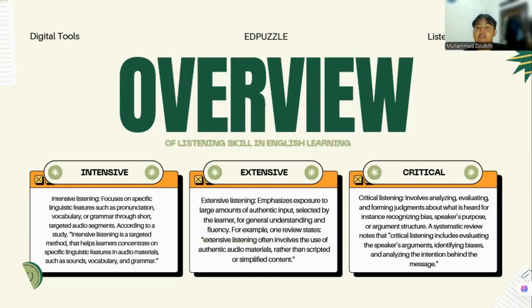Also, a systematic review notes that critical listening includes evaluating the speaker's argument, identifying bias, and analyzing the intention behind the message. The three kinds of listening learning are really important, and we need to put each kind into practice.